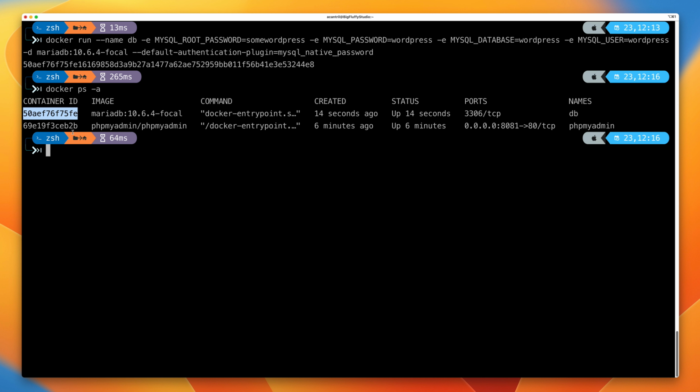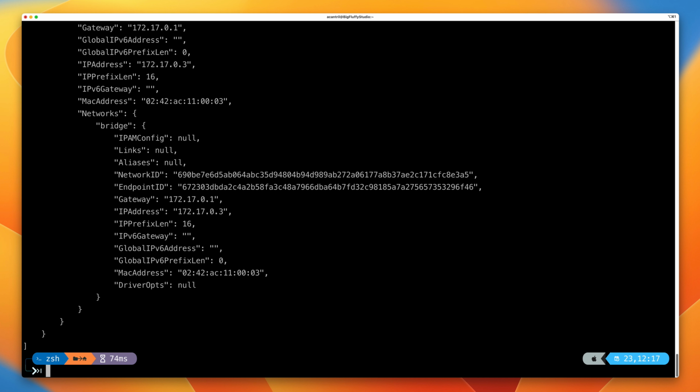And then I want you to run this command, so docker inspect and then this container ID and press enter. And this is going to retrieve all of the metadata for this particular container. Now the reason we're doing this is because I want you to note down this particular item of information. So this is the internal IP address that the MariaDB container is using. So in my case 172.17.0.3. So this is the IP address which will be used to access the MariaDB database server.